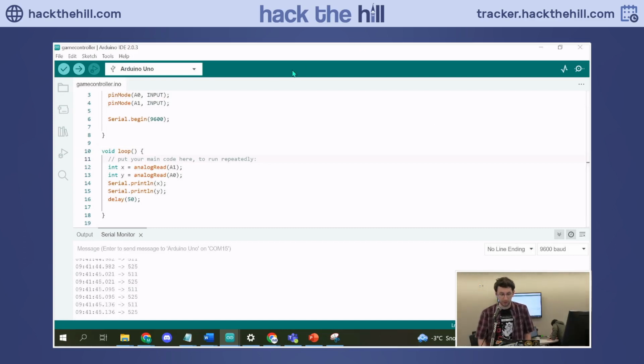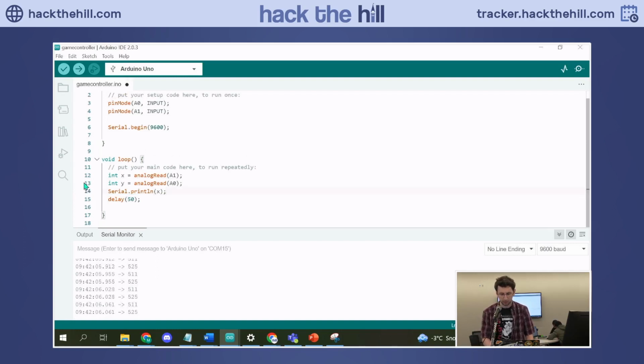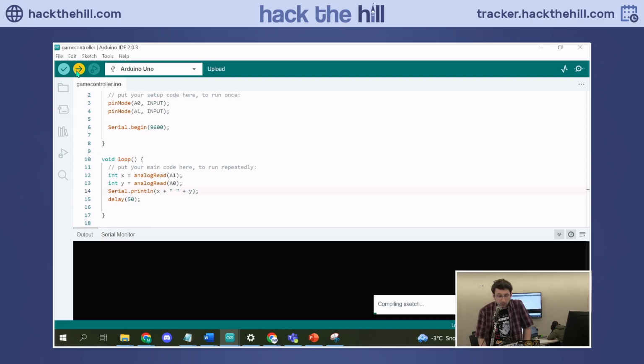And yeah, so we're gonna be making a little change in our script just so Unity can read it a little easier. So instead of using serial.println here to print the x and y values of the joystick on different lines, we're going to just print them on the same line. I hope this will work. We are just going to do serial.println x plus a space and then plus the y value. So if we save that and upload that to our board,